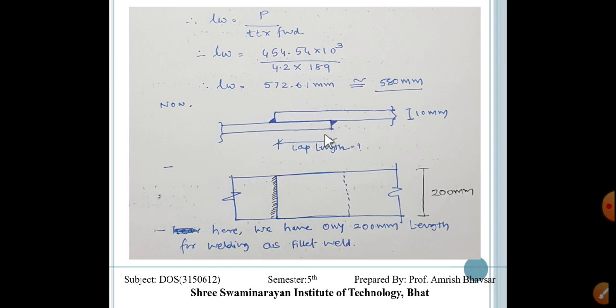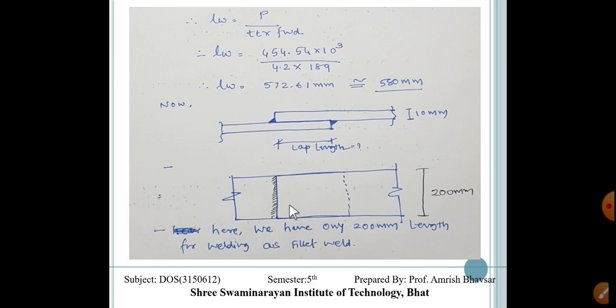But whenever we want to join these two plates and both have the same size, 200 mm width, we can get the area in a right angle face, that is only 200 mm. We can do welding only here. So this length is only 200 mm, something like this. But for resisting this much force, we must have a welding length of 580 mm. Here we can't get that much length.